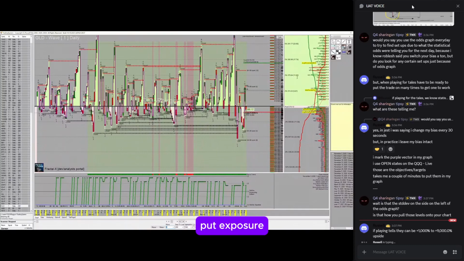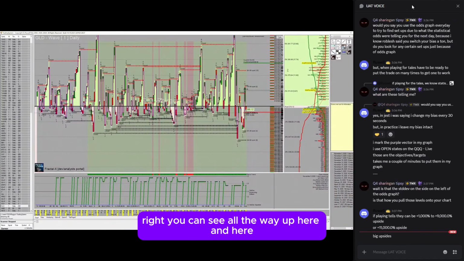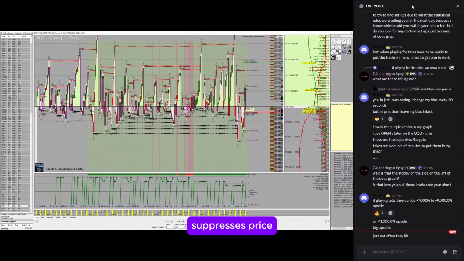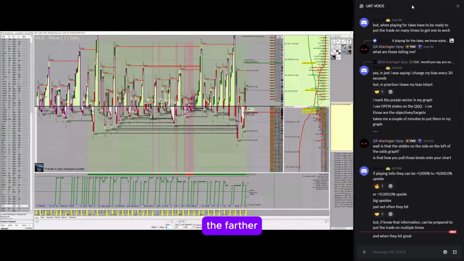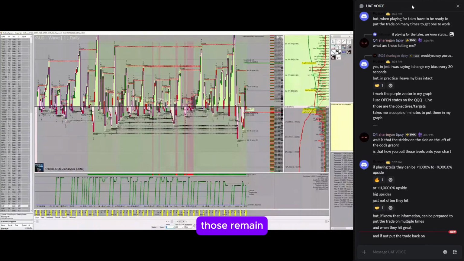amount of in the money put exposure. You can see all the way up here and here, which typically suppresses price. It doesn't matter, on any ETF, that positioning causes two things. Market makers have a massive initiative position; they need to short the GLD stock. The GLD issuer needs to sell gold futures. And the farther we move away from these strikes, they're adding up to 100 delta onto those positions. And if those remain in the money, it causes this effect where we're